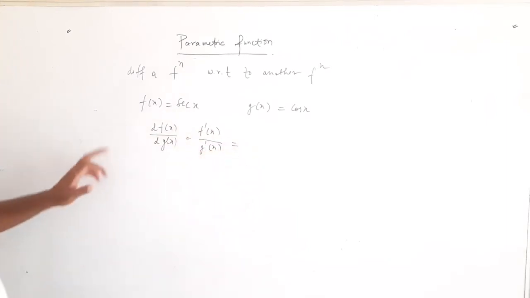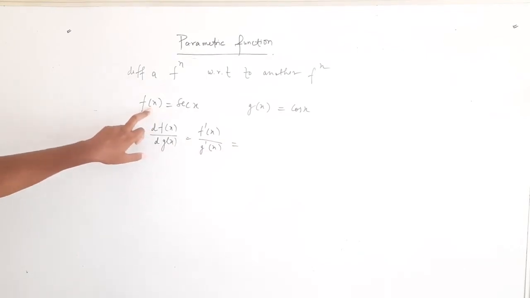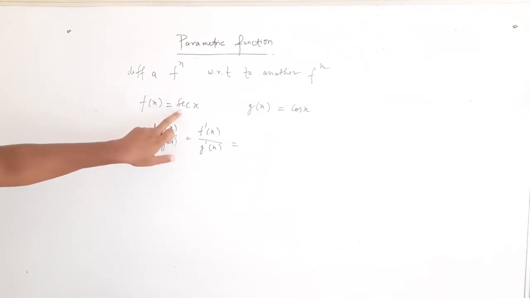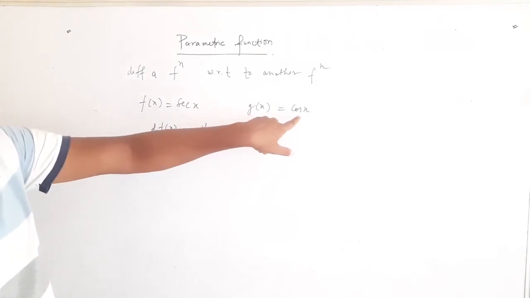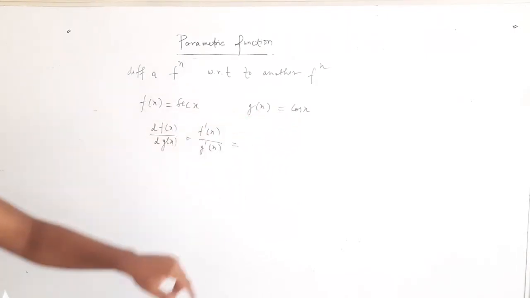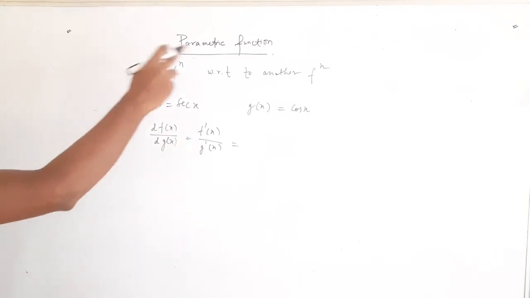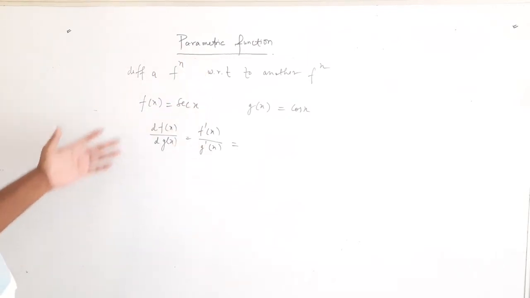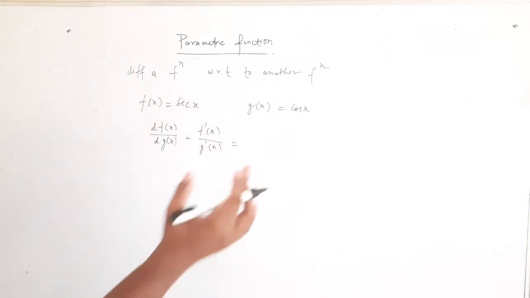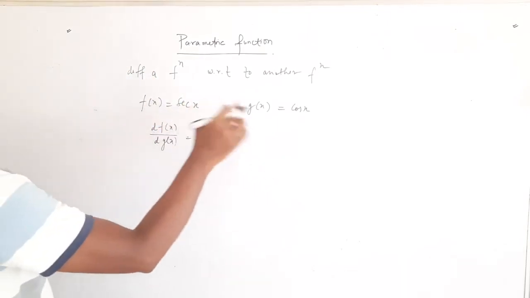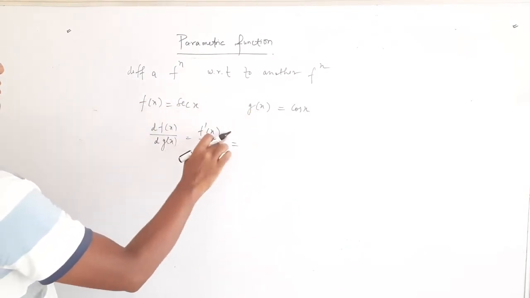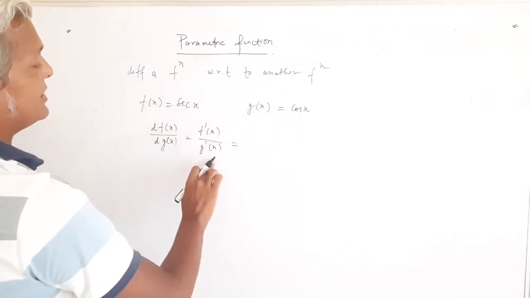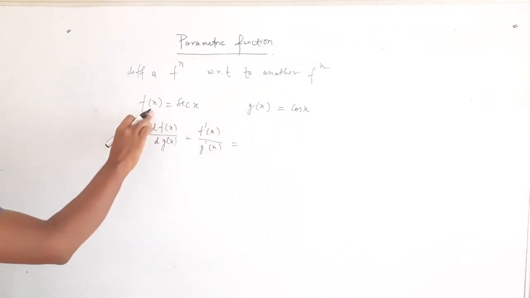So what does it mean? It means that you find the differentiation of this function and then you find the differentiation of the other. This is a function of x, so you are finding the differentiation of this function with respect to x, that is f dash x, and at the same time you are finding the differentiation of gx with respect to x, that is giving you g dash x, and then you are writing it this way. So this is another kind of parametric form. Both fx and gx are functions of x, and I am differentiating fx with respect to x and gx again with respect to x, and then finally dividing f dash x over g dash x.